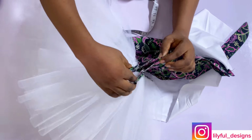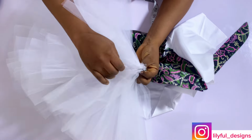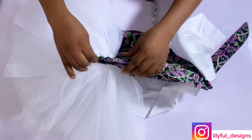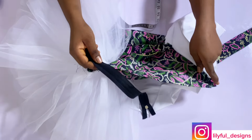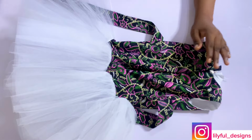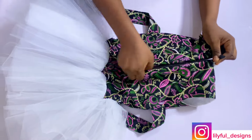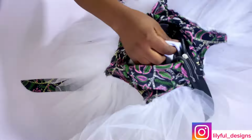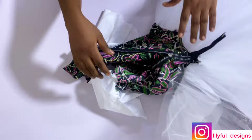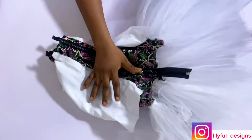I will close that end from that 4 inches downwards. I'll close it and I'll close the net to the next area as well, and I will leave the other part open. After doing that, I'll fix my zipper to the open part. This is what I have after fixing my zipper. I've closed the down part and fixed my zipper only on the African print. The lining is still open. So this is what I have,